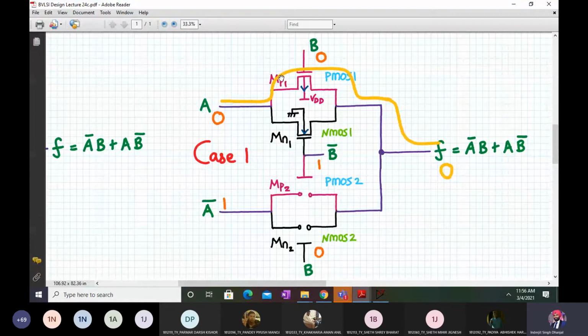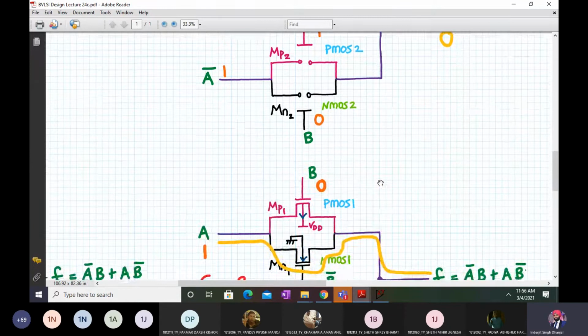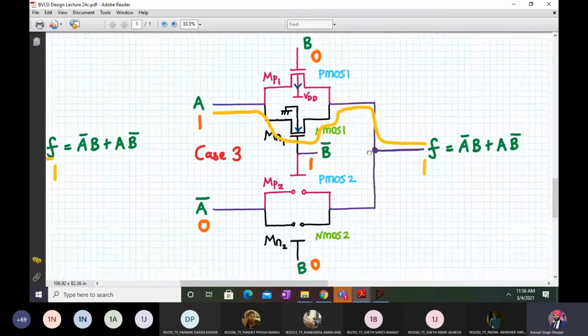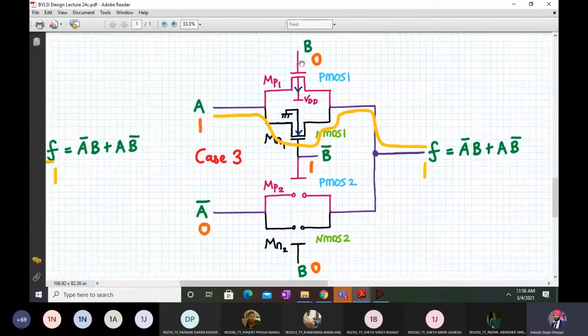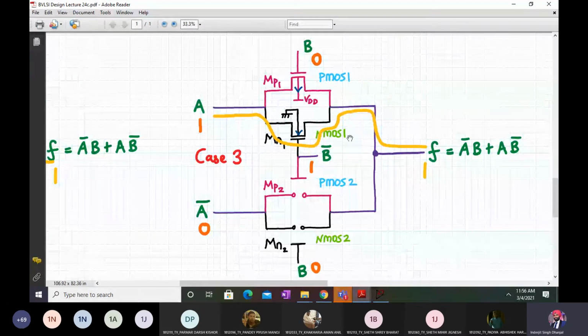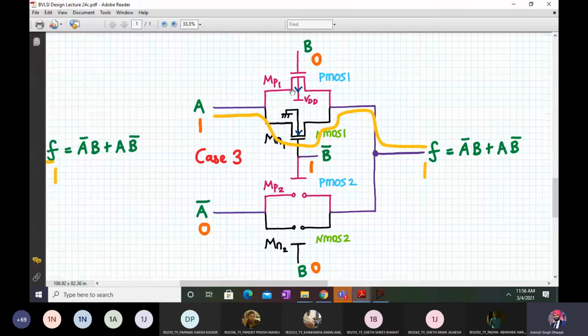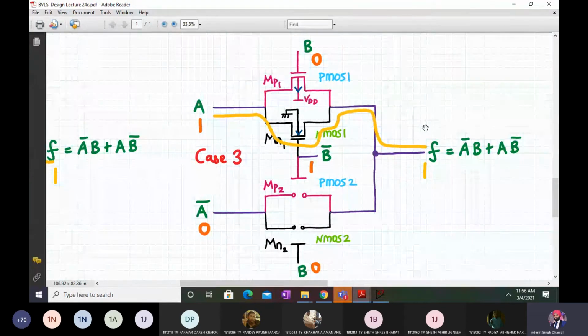The transmission of logic 0 should happen via NMOS 1, but by mistake I've done it from PMOS 1. And I think I've made the same mistake over here. Whenever B is 0, B bar will be 1, your PMOS 1 will be on, NMOS 1 will be on, and your logic 1 will be transferred to the output via PMOS 1, not NMOS 1. Please take a note of it. So the output will be logic 1 in this case.